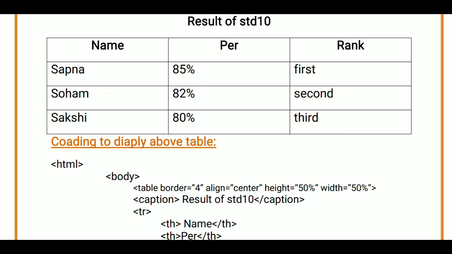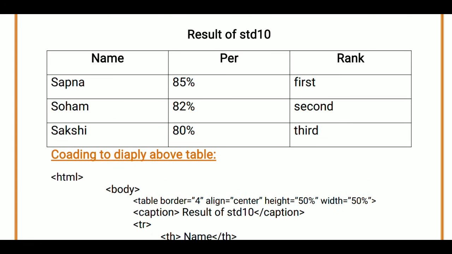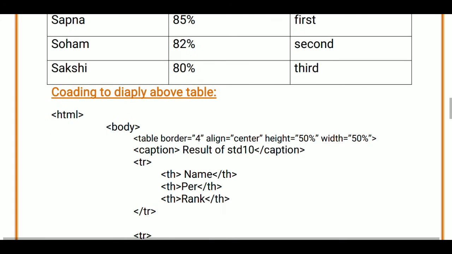If we want to display data like this, we have to use the th tag. And as I told you why we are using the th tag, basically th tags are used to define the column headings. So our first row is the column heading. You can see name, percentage and rank. This is the heading of our columns. And based on the heading only we will insert the data inside it. So this column heading we have to write with the table header tag, th tags.